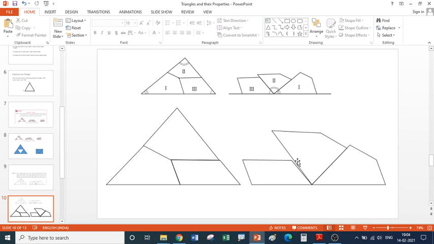But if you draw it on a piece of paper and cut it with the help of scissors, your three parts will align and get attached equally for the same length. And it will become a 180 degree angle. Now why is it 180 degrees? This is a different angle, this is a different angle, this is the third different angle. So all together these three angles are forming a straight line. A straight line is always 180 degrees. Therefore any type of triangle with three different angles will always form a 180 degree angle.